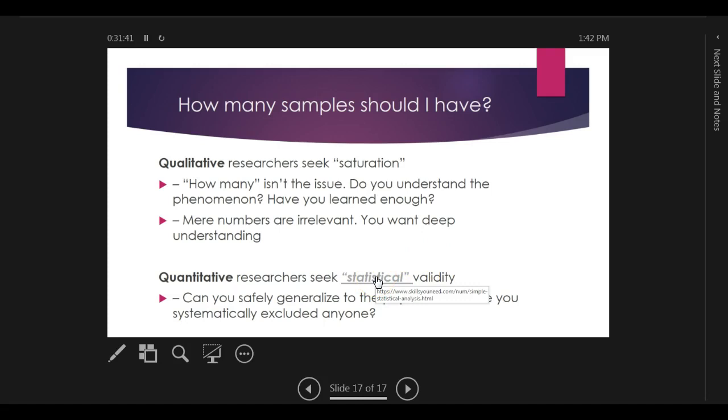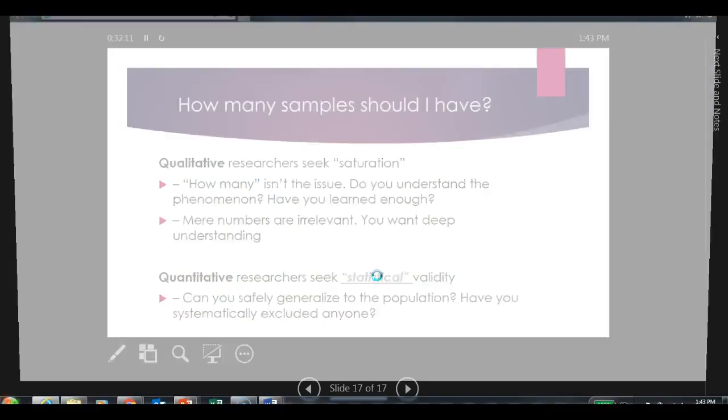And I added a link here for you to clarify, for those of you who are not familiar with the meaning of statistical or statistic results. In quantitative, it's all about statistical results, and here this link will help you to understand more about what is the meaning or what is the expectation of statistical data. We can use graphs, we can talk about averages and ratios. There are many kinds of statistics that you want to educate yourself about